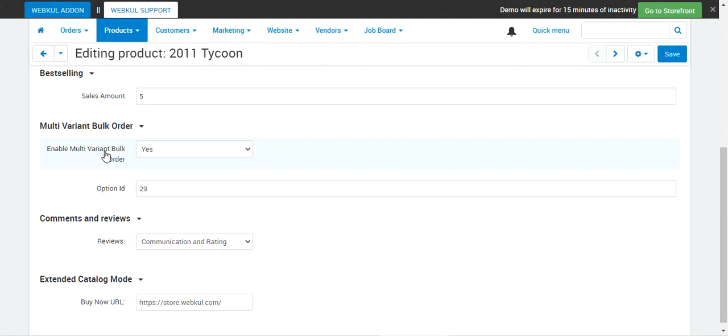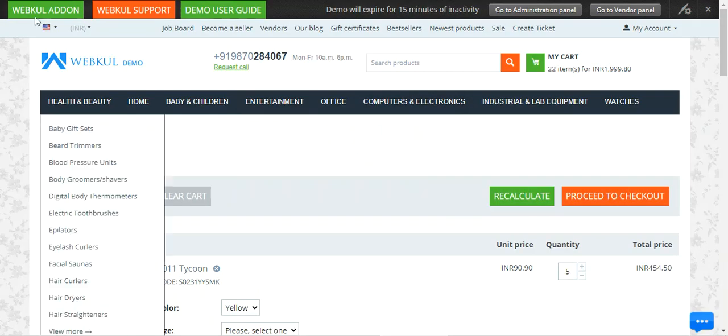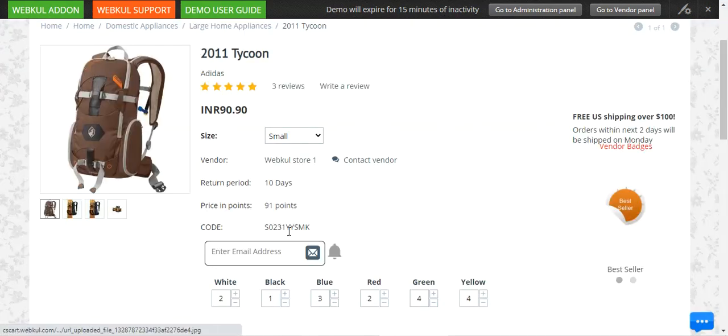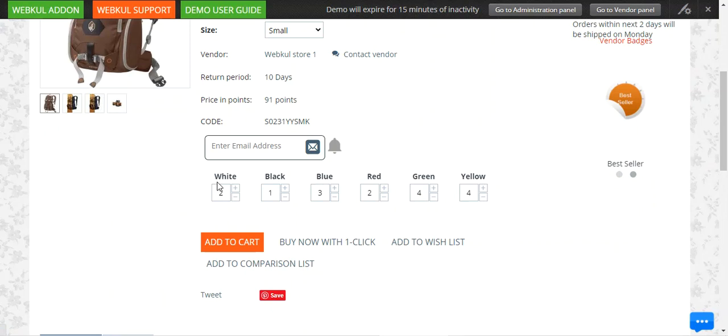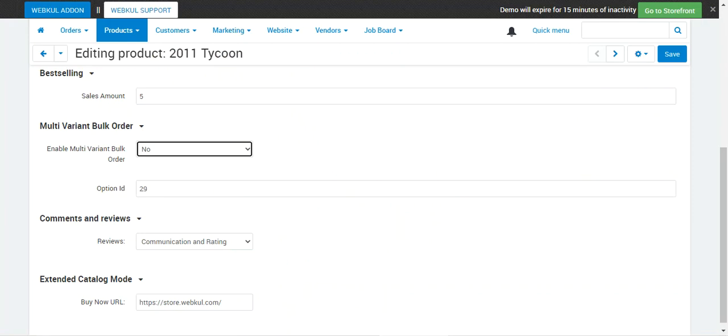So here you can enable the multivariant and variant bulk order option as yes or no. If I choose no, then if I go back to this particular product, the variation options would not be available there. So we have to enable these option variables by enabling this option as yes and setting up the option